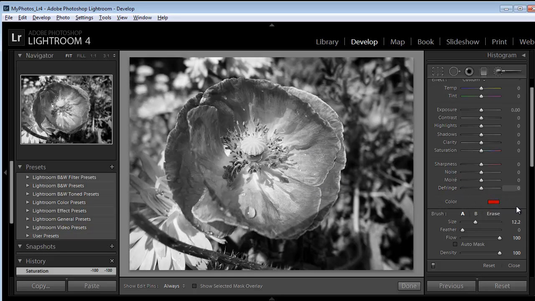Okay, set the size. And for the feather, I'll leave it on 0, so there's no feather to the brush. I'll make the size quite small, so it'll be easier to paint. Okay, and let's check auto mask. This will help a lot on the edges. Okay, and we'll just start painting on the image. So I'm just going to start painting here,